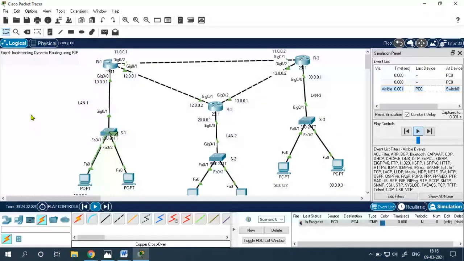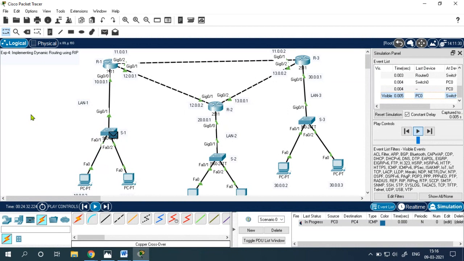So okay, the packet is delivered to the switch. Now it is broadcast to the router and the other PCs that are directly connected. Each router will learn about itself. What is the shortest path available?